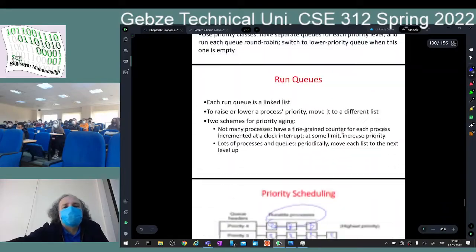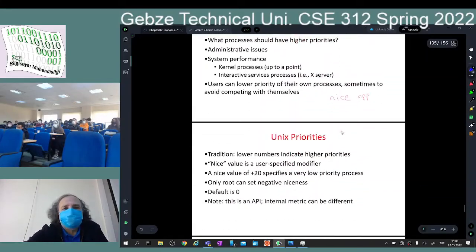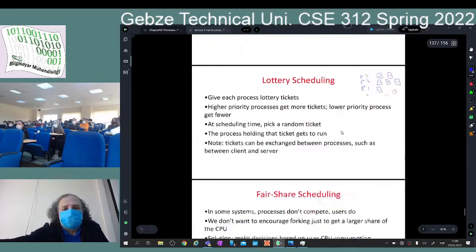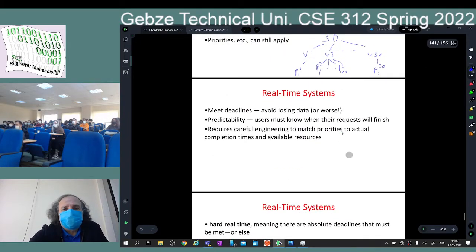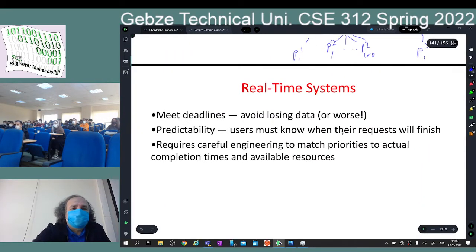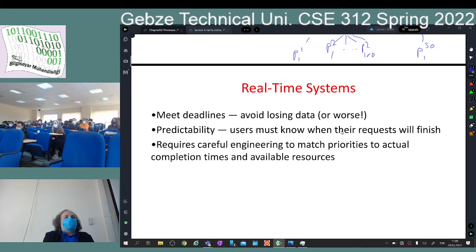class of scheduling algorithms. It is the real-time systems. As we talked about before, real-time systems are all about meeting the deadlines. Okay, I need to be predictable. I can't be satisfied by the answer of I don't know how long it's going to take for you to take the CPU. It might take a while or it might be immediate. I don't like this answer, no.